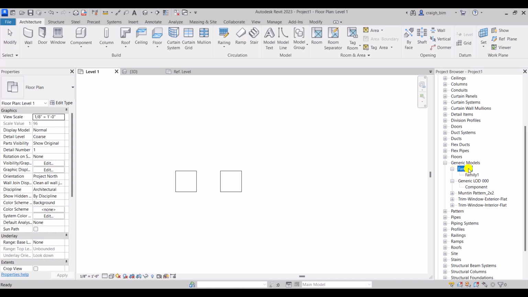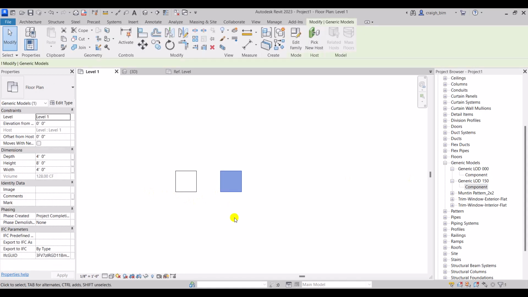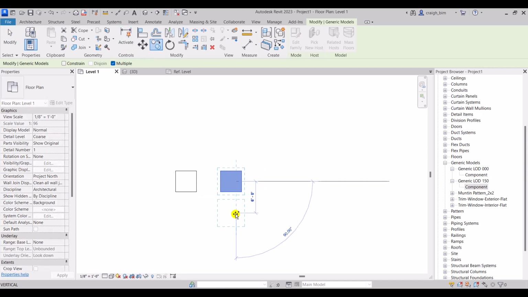So let's call this one generic LOD 150, maybe, right? I mean, it's so basic. And I'll also call this the component of this. Cube, rectangle could be changed based on the instance. So let's say I have